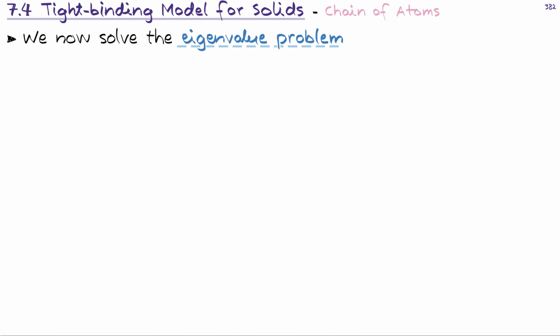So we were solving the eigenvalue problem. The Schrödinger equation was being cast into an eigenvalue problem, and we were considering only a single orbital associated with each of those atoms. So the bras and kets with n's and m's each meant the single orbital associated with the nth or mth atom, and we had a one-dimensional chain with a total of capital N atoms. And the question that we were not able to decide up to this point was how these